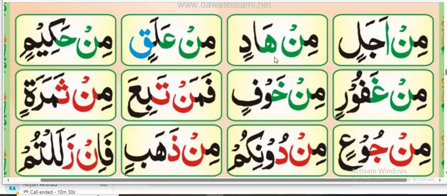Next example, mim noon kasra min, ha alif fatha ha, minha, dal double kasra din, min hadin. Again the ha coming after noon sakin is one of the izhar letters, so we have no gunna here. Next is mim noon kasra min, ain fatha, min a, lam fatha la, min ala, qaf double